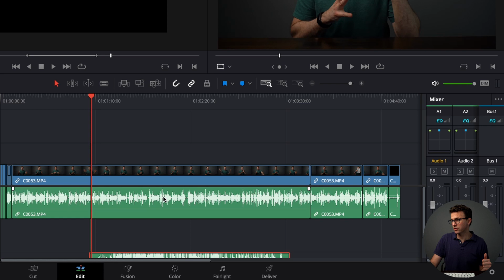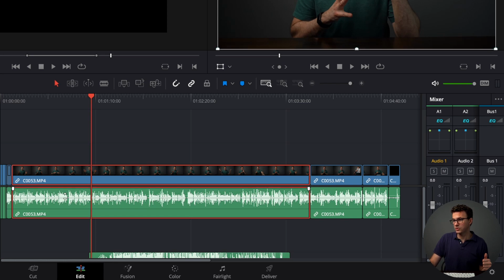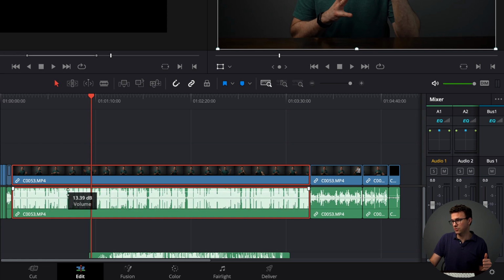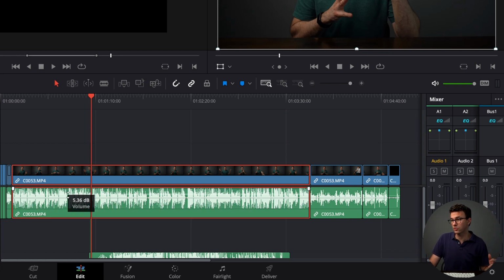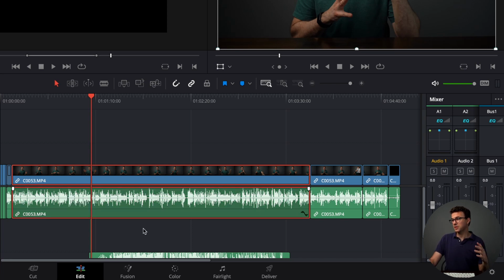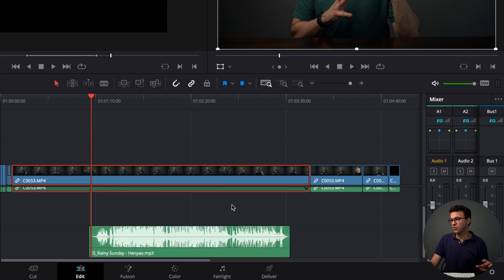For audio 1 right now, when you see the arrows like this, you can increase or decrease. If you start to go too loud, it starts to smash against the top, and that means you're definitely going over the maximum loudness that you can have in the videos. So something like that probably looks about right, maybe a little bit louder than where I recorded it. And you can go through that for each of the different things.